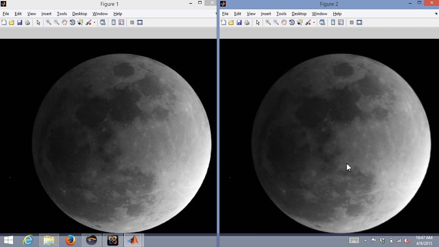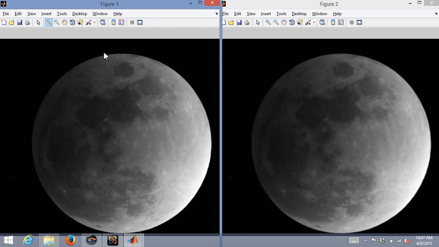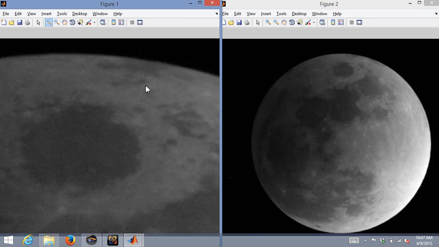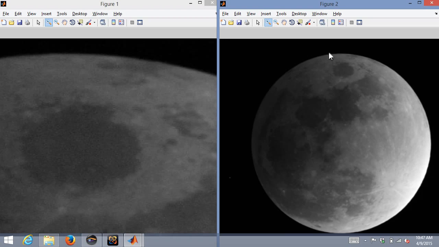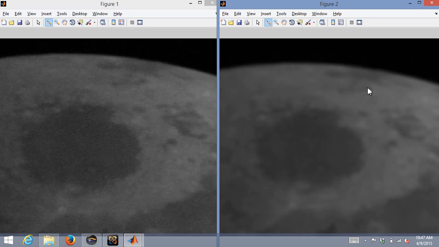In fact, maybe I was a little bit too aggressive here. It does look better on my screen than on the projection for some reason. Let's try zooming in and seeing something here, like here versus here. Right, so here you can see that I definitely mitigated the noise inside the image, maybe a little bit too aggressively. But on the other hand, the boundary of the moon is not very much blurrier than it was before, right? So it's kind of like I've kept this sharp black to white boundary, but I've removed the noise